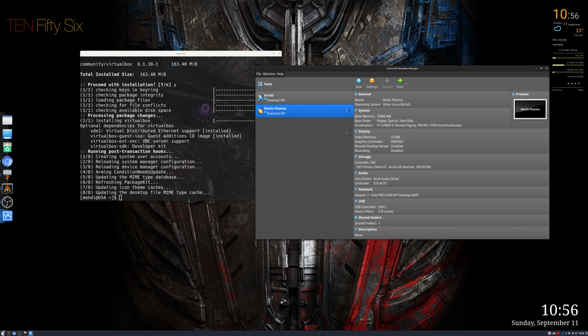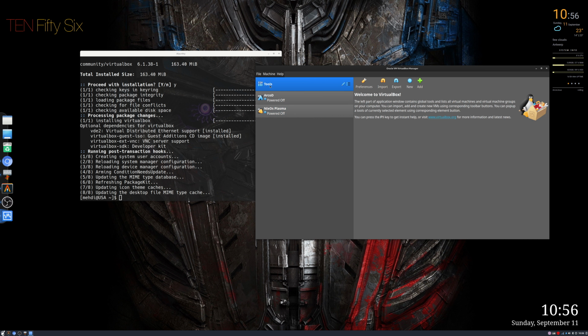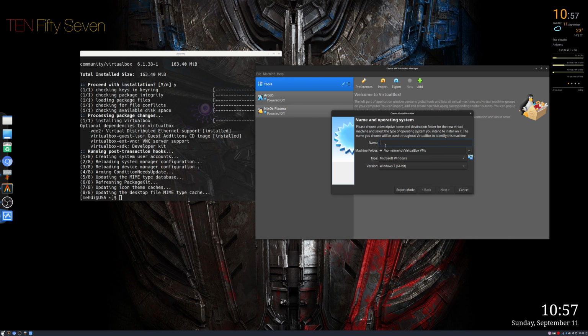Now we are going to run some new image on it. Choose the tools, then new. Put any name here, like any name. Why not? The operating system, I'm using Linux. Choose Linux, or what you have. If it's like ArcoLinux that is not here, you can choose the other. It doesn't matter. Just choose what you like. And next,